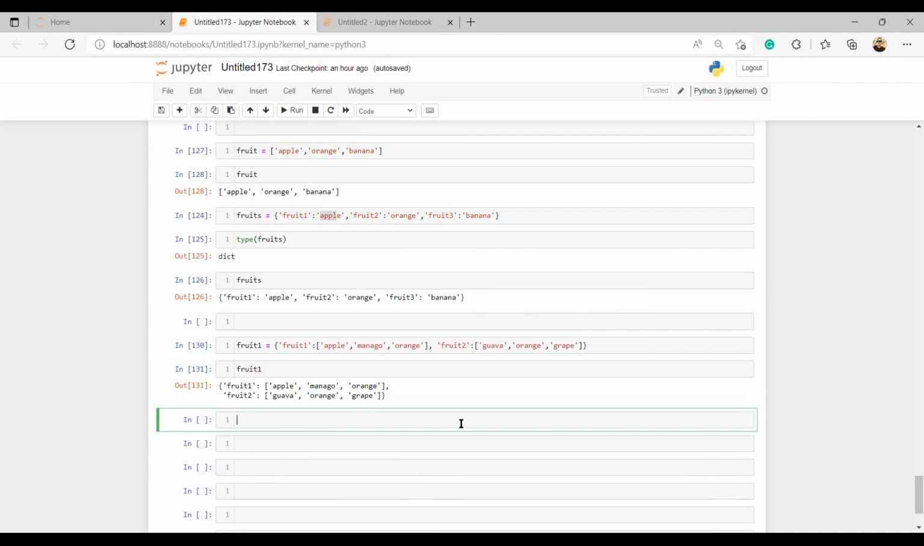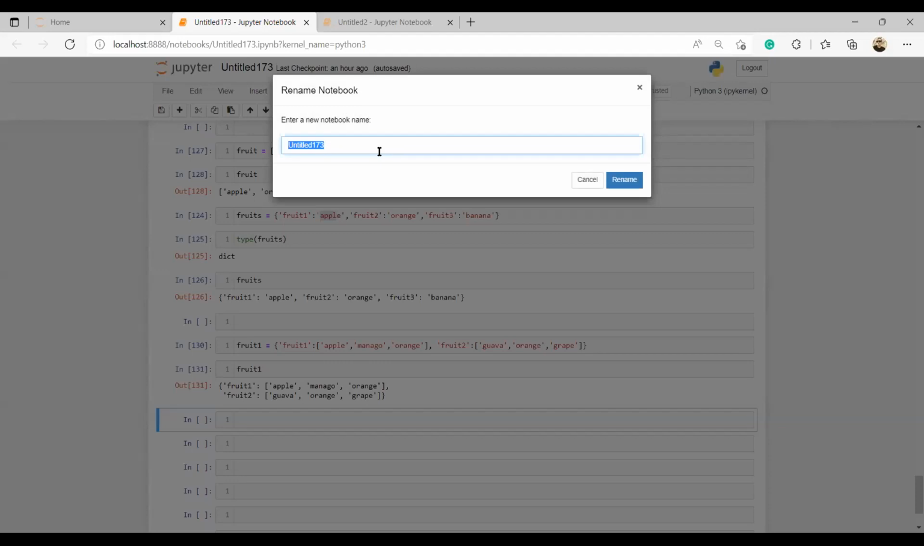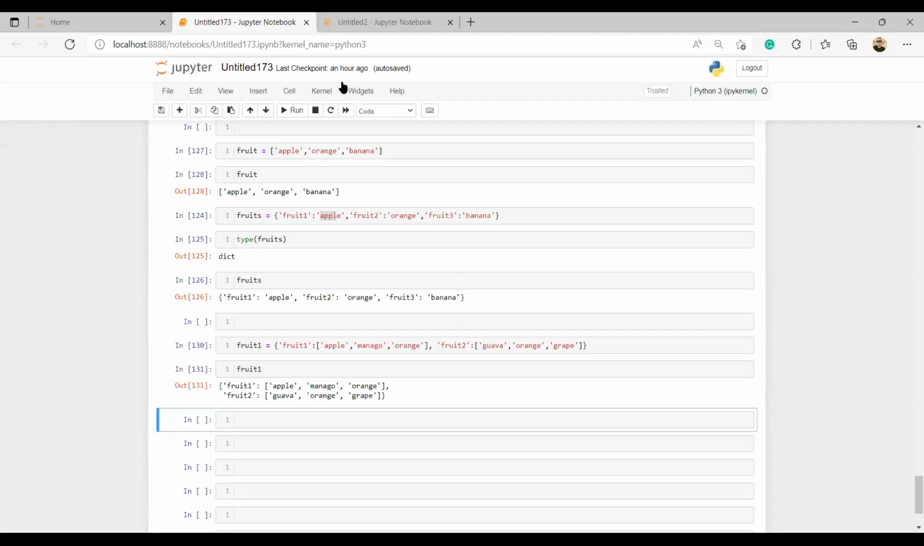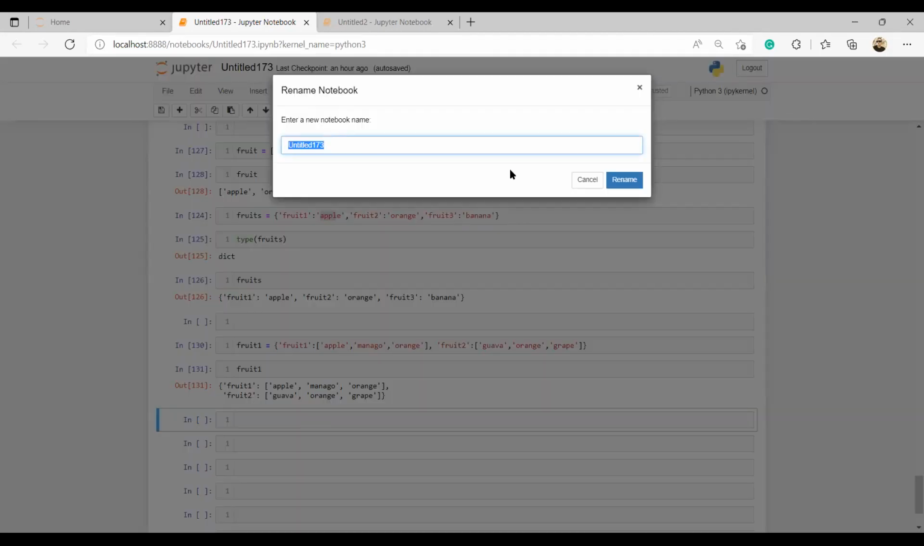All right, so far what we have done. If in case you want to save your work, can you see here, for example, I have Untitled. Just double click on it and type, let's say, Python basics, and rename. If it says already exists, you will notice it saves it as